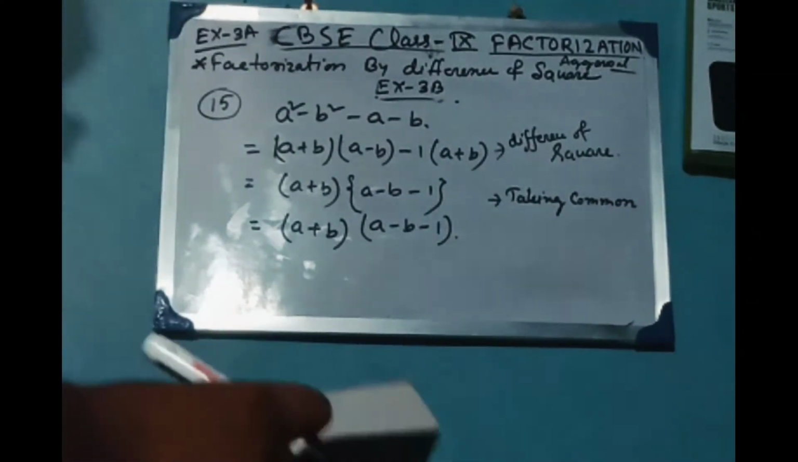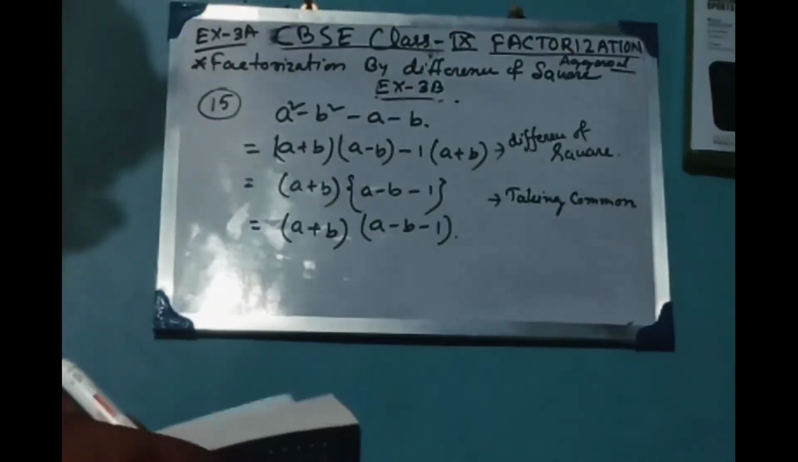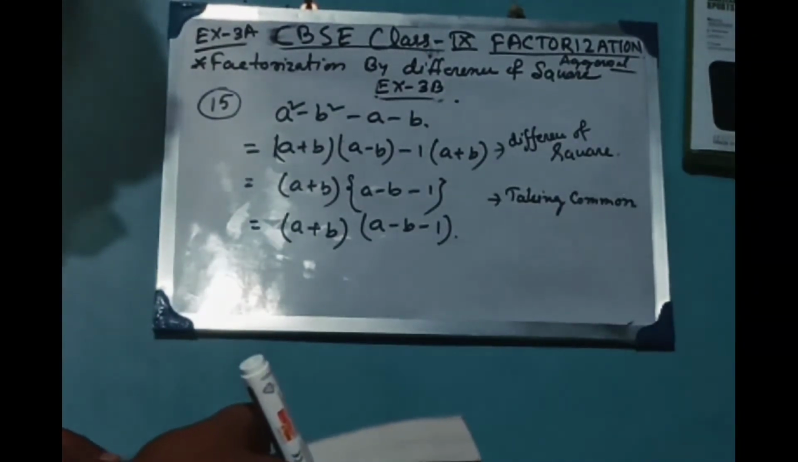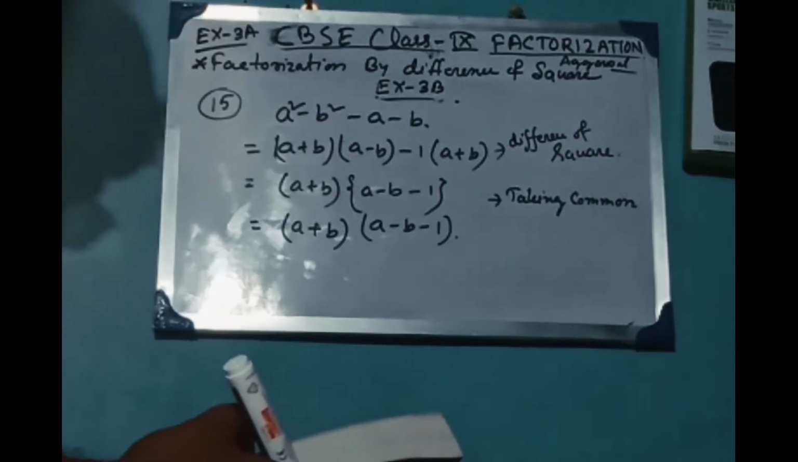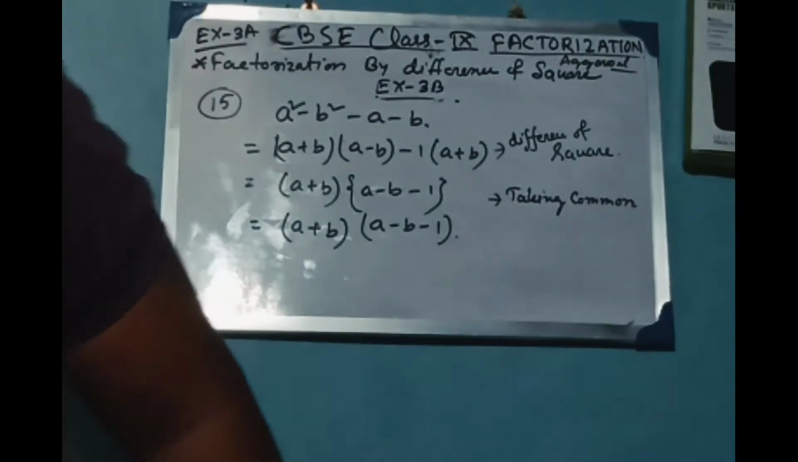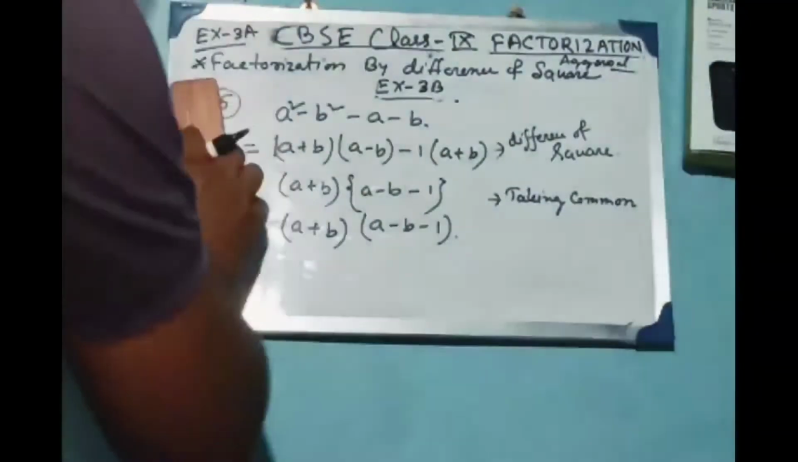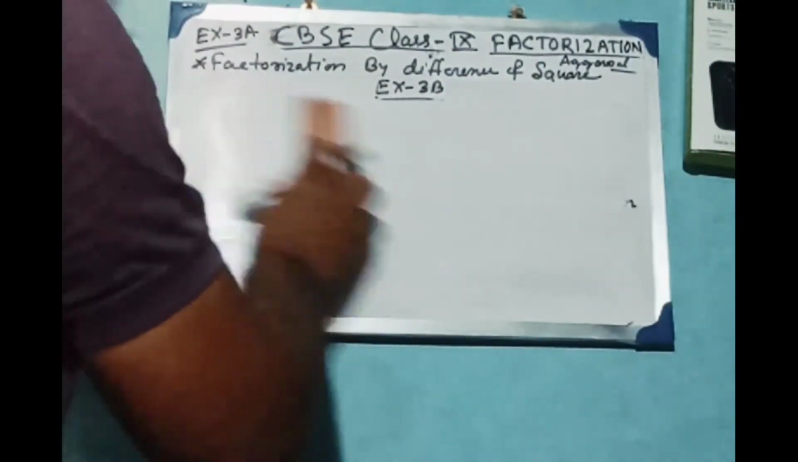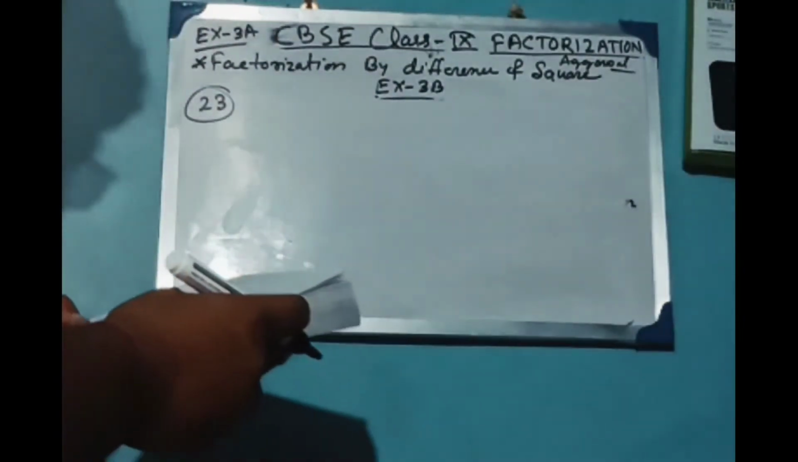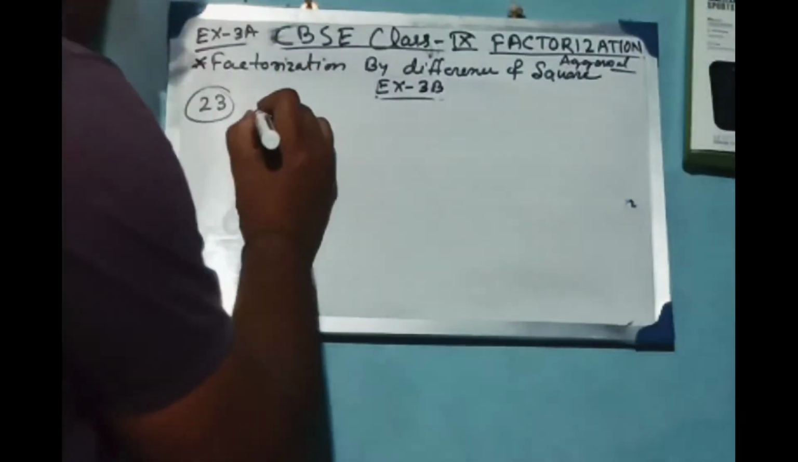We are doing exercise 3b. Now the question hints are not given. I will try to solve here. Next, move to question number 23. Question number 23, it is given that x square plus